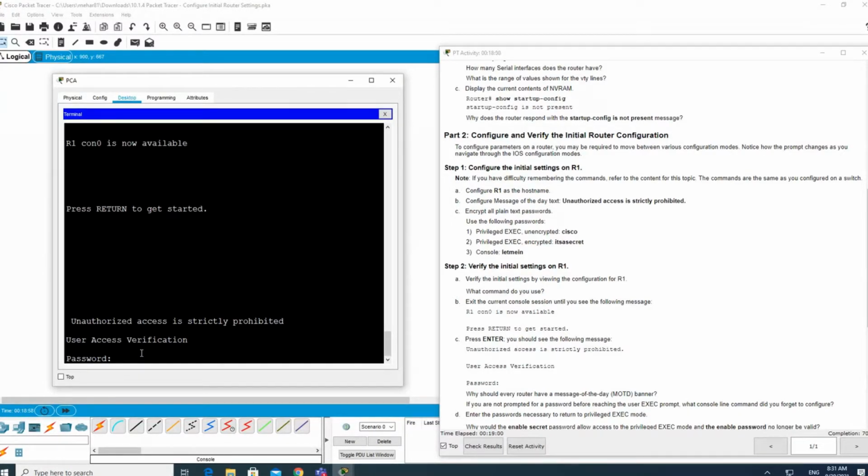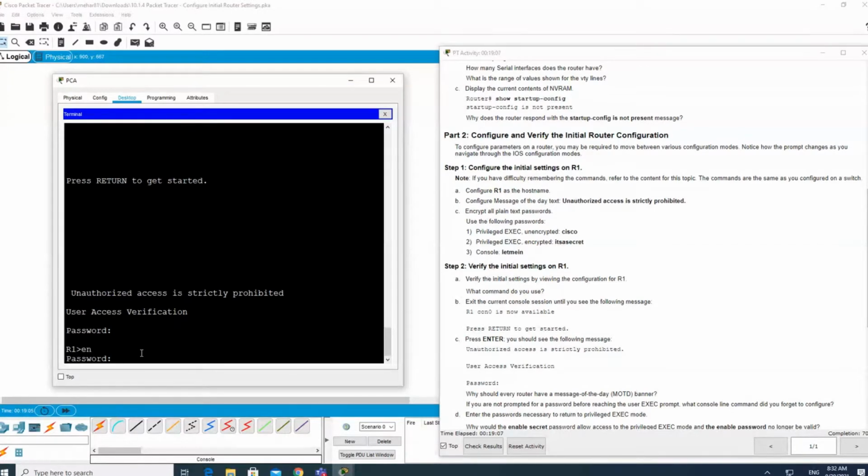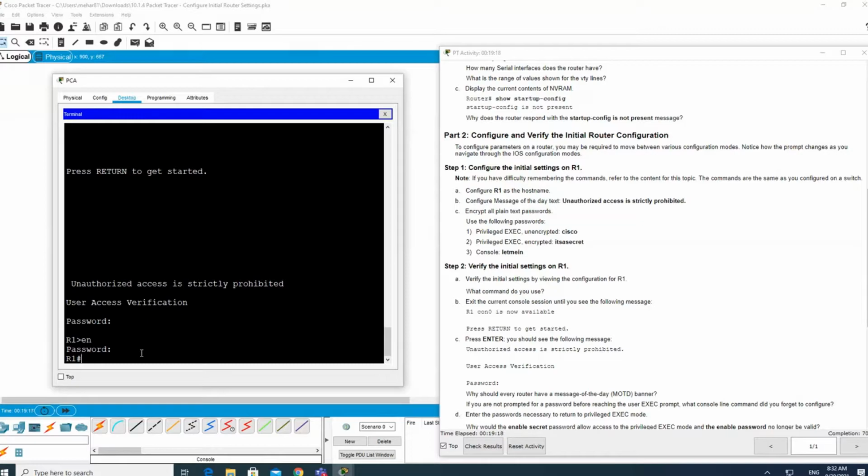It is going to prompt the console password. Then enable, and the password is secret. So now you understood: if you are not prompted for the password before reaching the user exec prompt, what console line command did you forget? You forgot the login command.